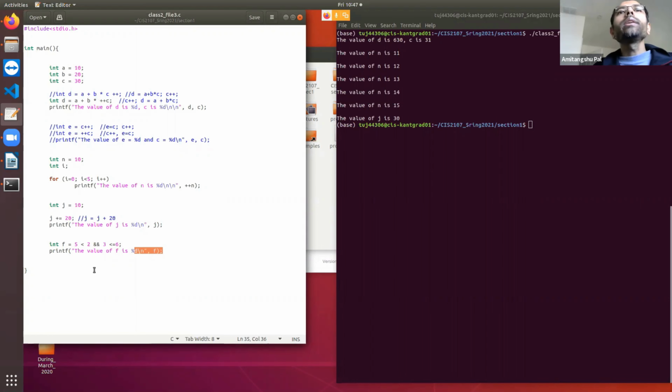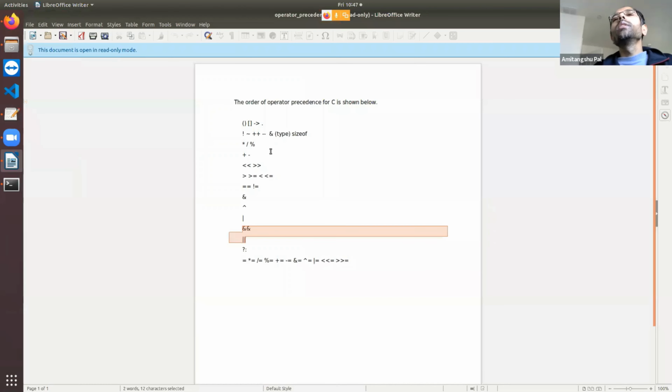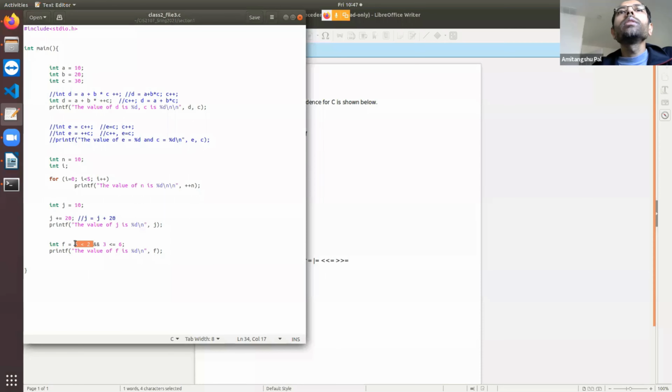Why? First of all, there are three operators, less than, less than equal to, and and, right? So which one do you need to compute first? Go to this table. You will see that less than, less than equal to, all these have higher precedence than and. This thing you first need to notice. These operators have higher precedence than this. That means these two operations will be computed ahead of and.